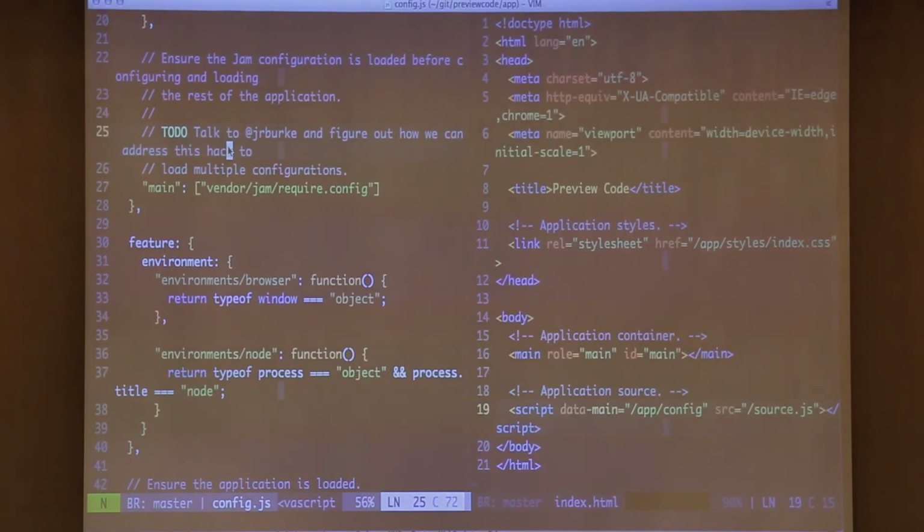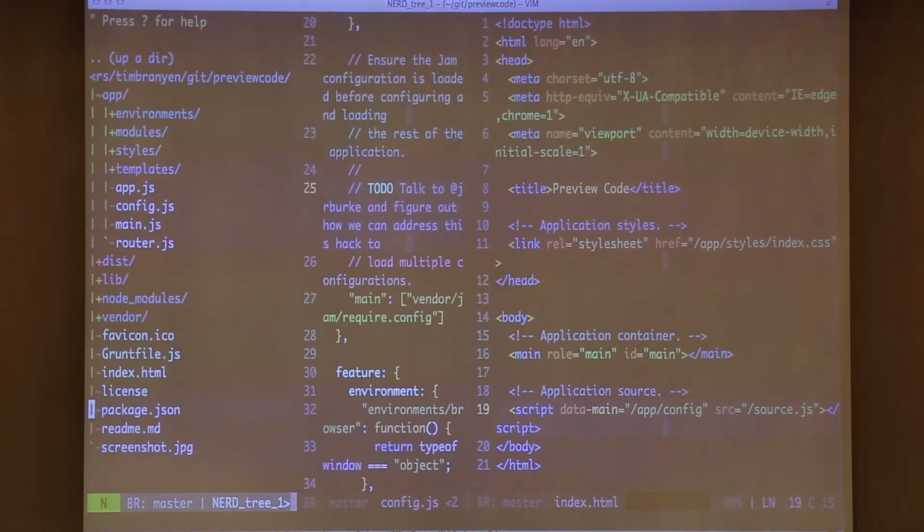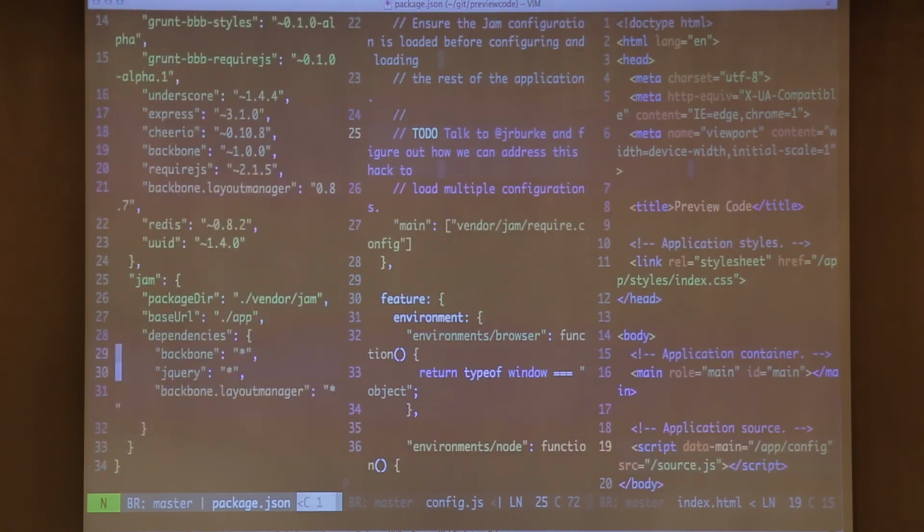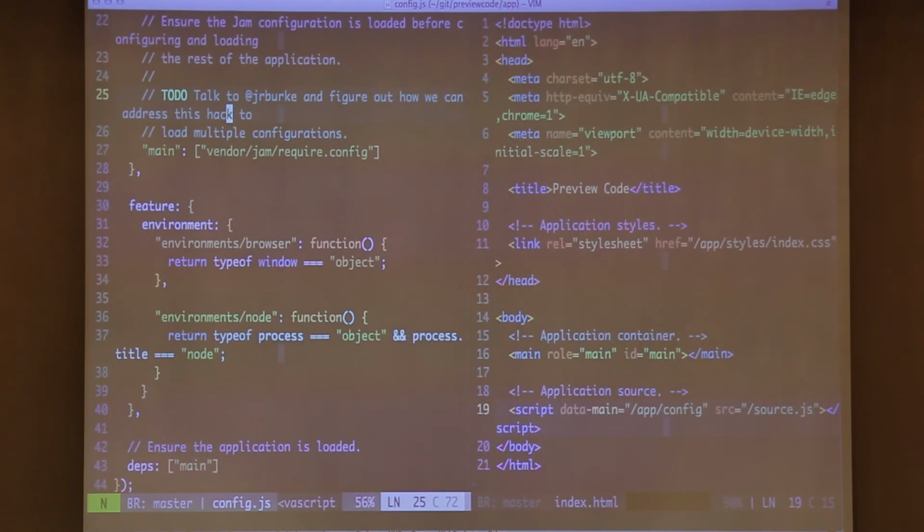And it's great because now I can track all of these dependencies inside of my package.json. Right down here, you see I have 3 dependencies to run this application: Backbone, jQuery, and Layout Manager. And because I have these specified here, they no longer have to be thought about. Like whenever something new comes out, I can just do jam upgrade and get all these latest versions. So that's another handy feature of using AMD and require. Anyway, so getting back on topic,